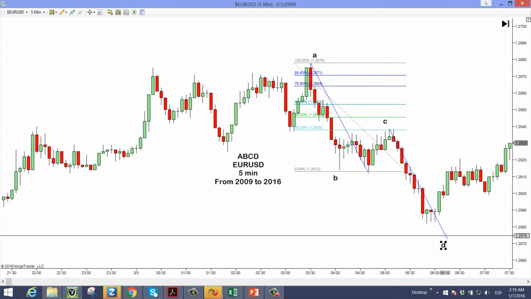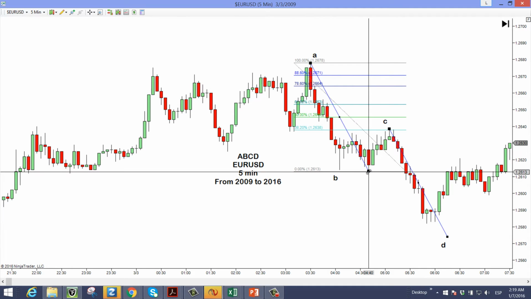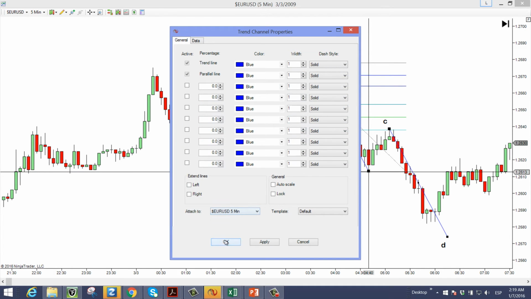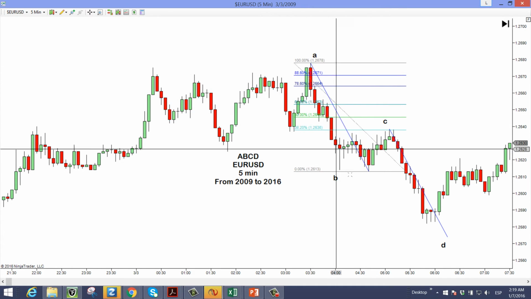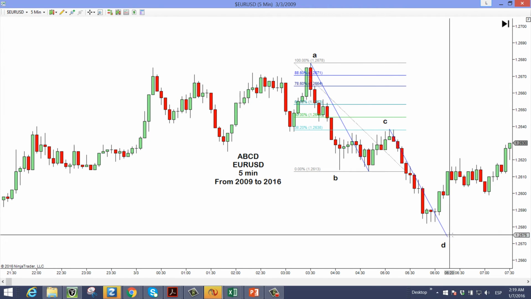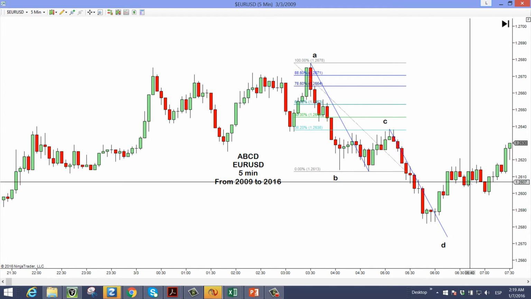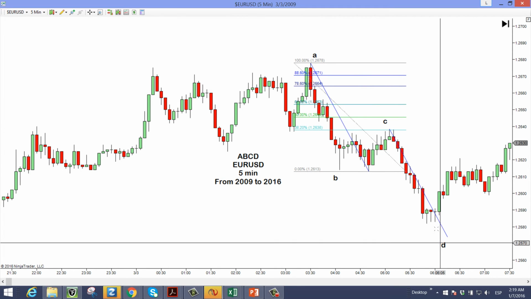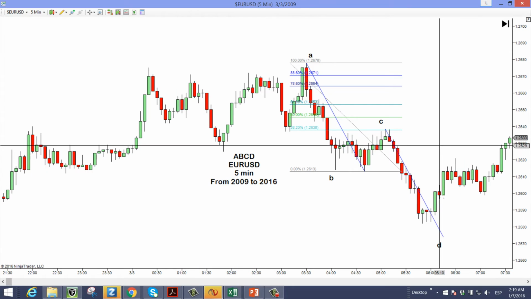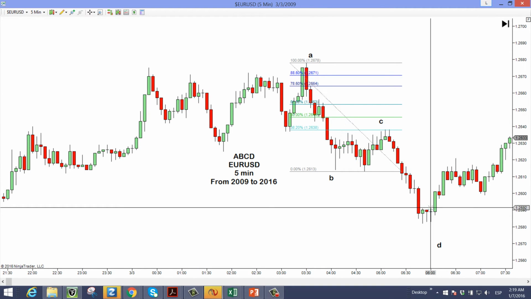This is my pattern completion. And let's make some rules for this pattern. Let's make very simple rules. If the market does this movement and hits my D level, I'm going to make an aggressive entry to go in the other direction. Okay, the pattern did not complete. I discard this pattern, I just delete it, and I just keep looking,